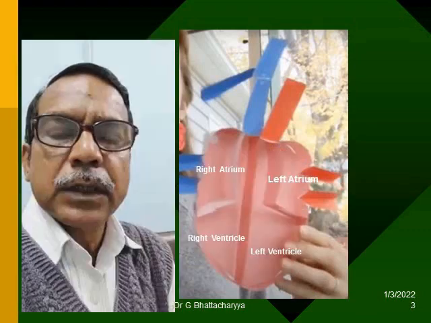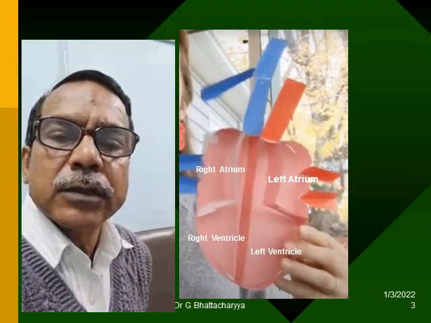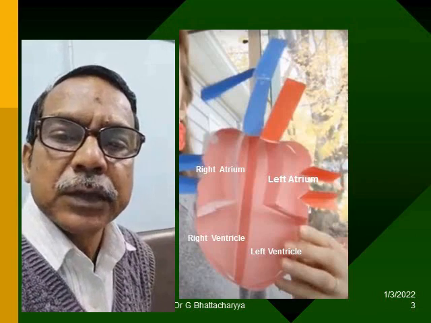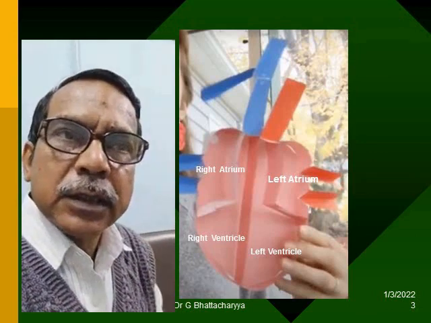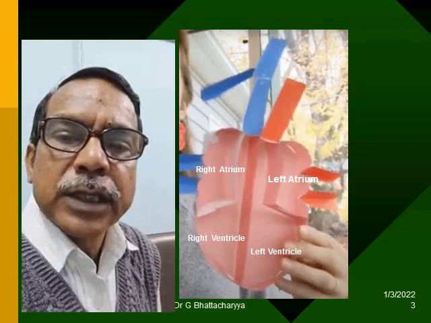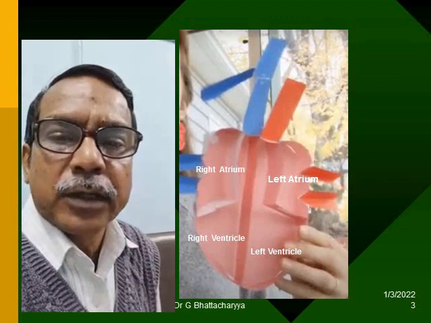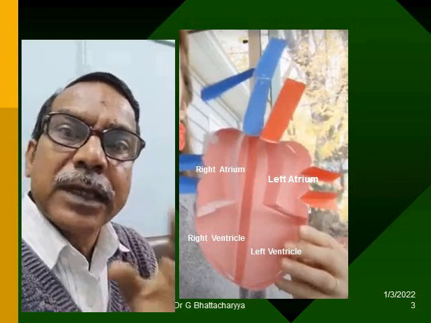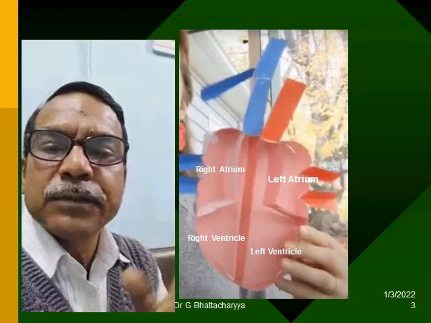I am going to share with you an interesting model for the human heart. Now think of 4 balloons. Upper ones are small, the lower ones are longer. Upper ones are thin walled, whereas the lower ones are thick walled. The upper two are called the auricles or atrium, plural atria. The lower two are called ventricles. So atria are thin walled, ventricles thick walled. And we have the right side with 2, upper and lower, and the left side also with 2, upper and lower.